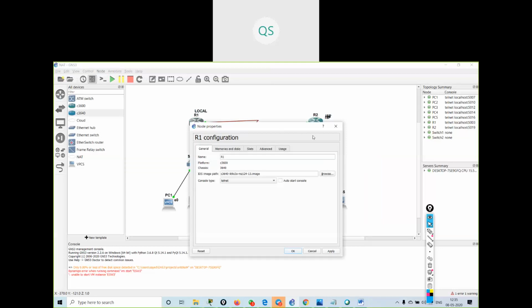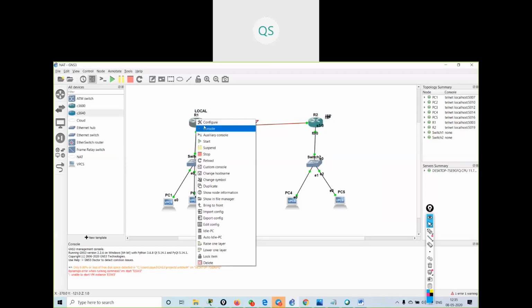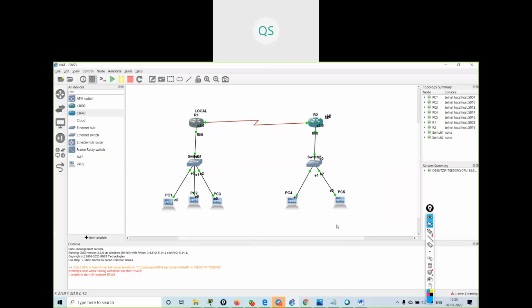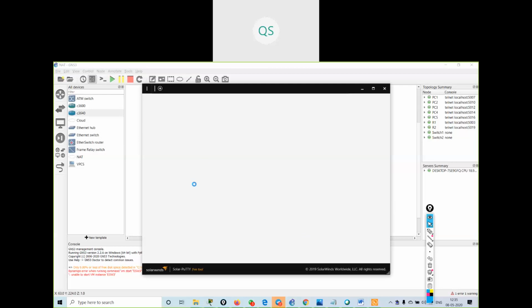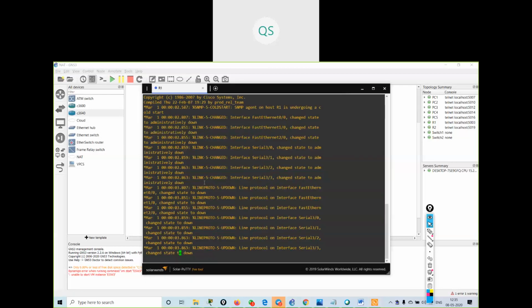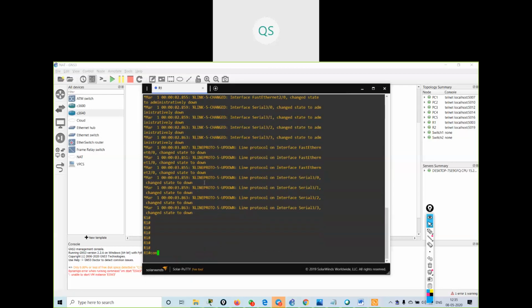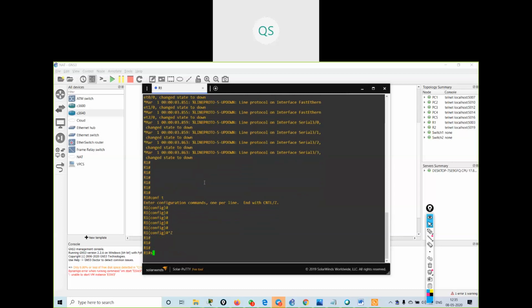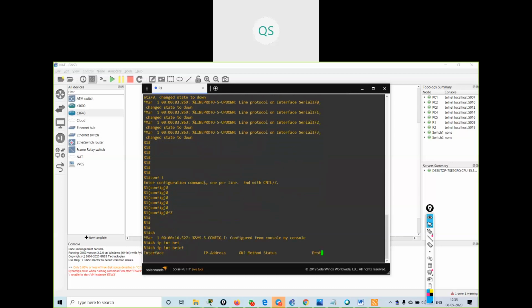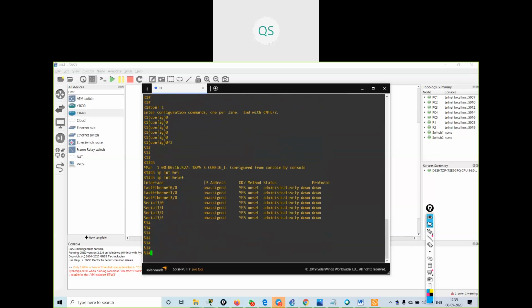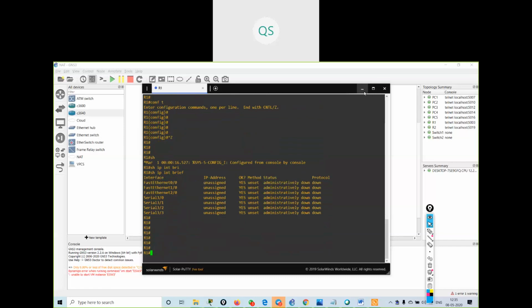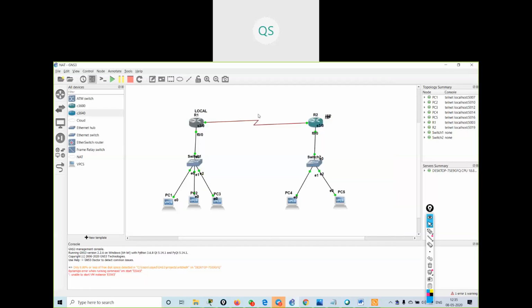So again, I'm not having any configurations. So if you remember the natting process, what was the natting process we used to do?